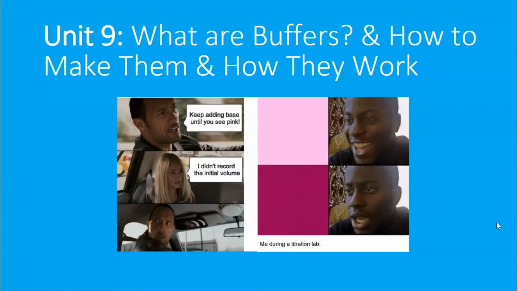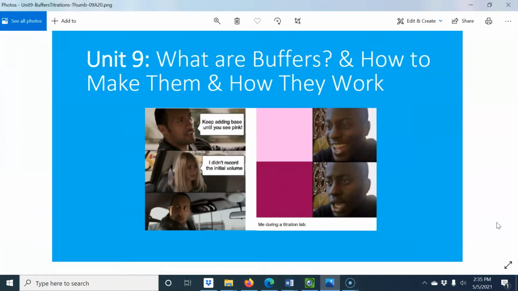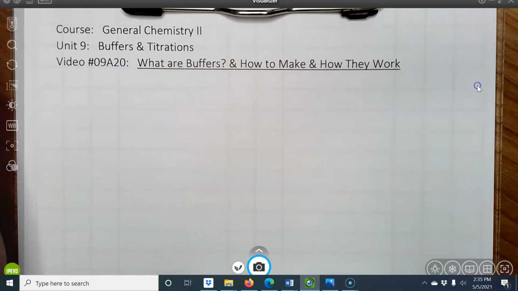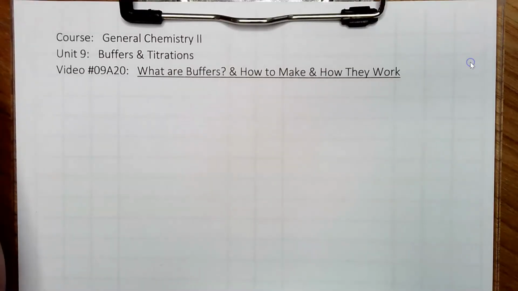Hi everyone. Let's start a new unit. Unit 9 is buffers and titrations. Let's start with what buffers are, how to make them, and how they work. These terms are actually for titrations, and if you've done a titration in the past, you probably know exactly what they mean. But for this video, we are starting with buffers,